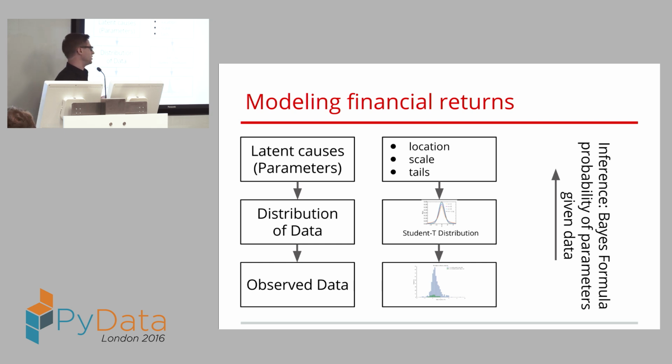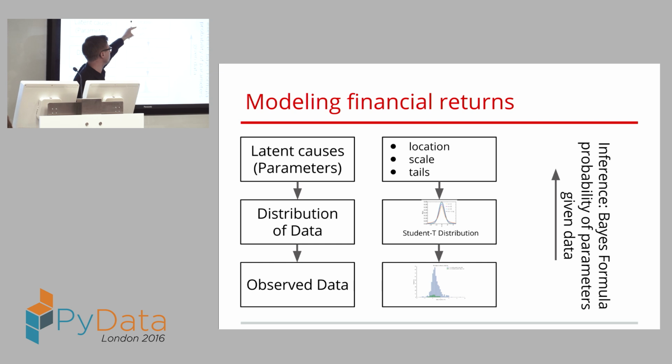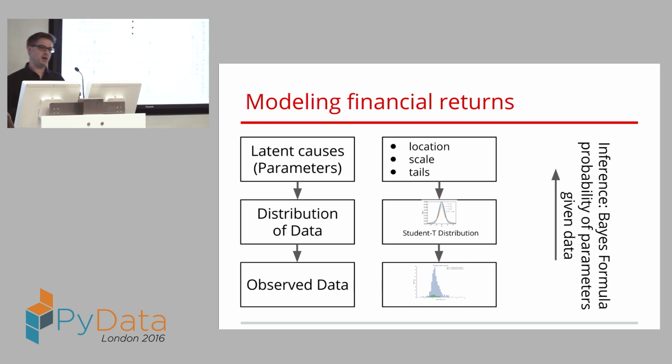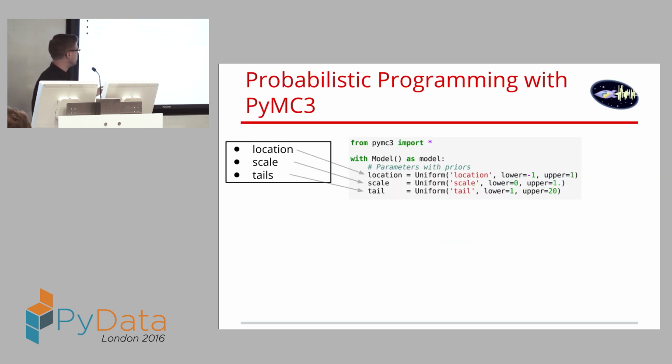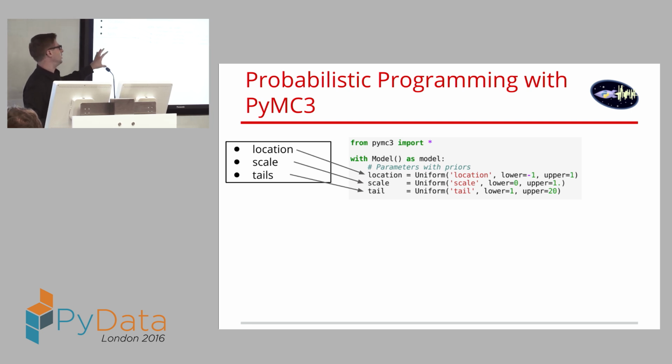So it's a very nice distribution to use in reality just because it's much more robust than a normal distribution would be. So instead of 2 parameters for the normal distribution, the location or the mean and the scale or the standard deviation, we have a third parameter that controls the mass in the tail. So these are my parameters or the latent causes that I want to infer given the data. And again, inference then works backwards. And this is what the model would look like in PyMC3. And it's not the best model that I'm building here, but it's, I think, the most illustrative model.